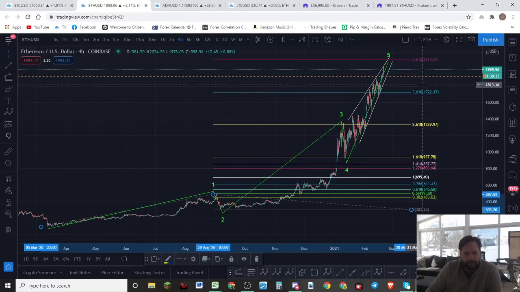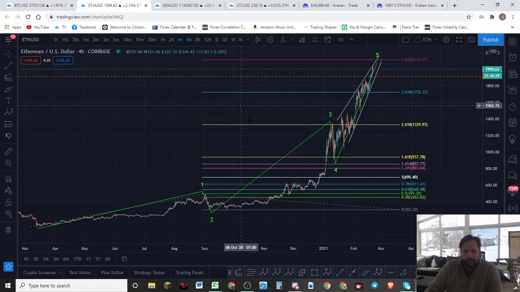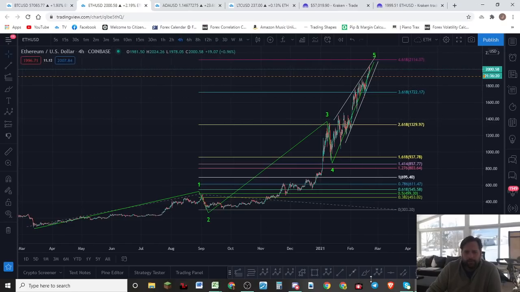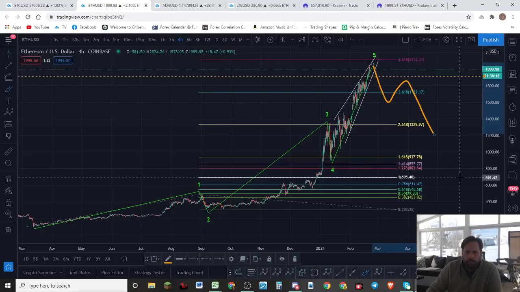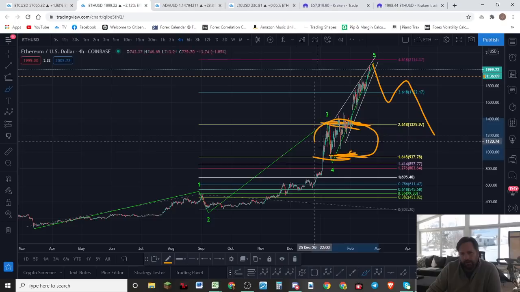I've got another count I'm going to share with you, and you can kind of see what that might be. But that's a possibility where, guys, we're about finished with Ethereum. Ethereum's done. It's about to come down for at least a 3-wave move of some kind. You're going to get some kind of a pullback that is proportional. It's going to be pretty deep. Probably come back down to this region, this zone right in here.